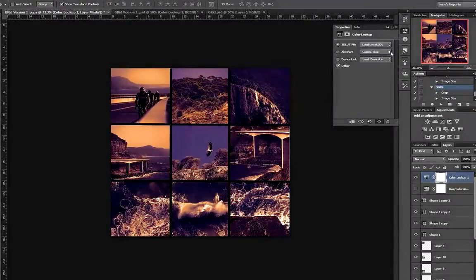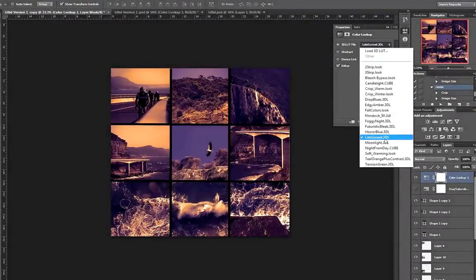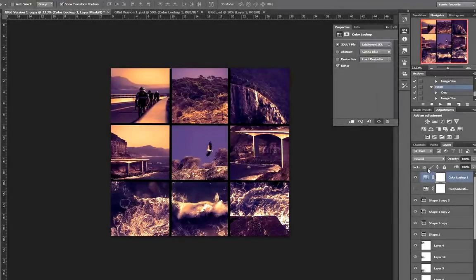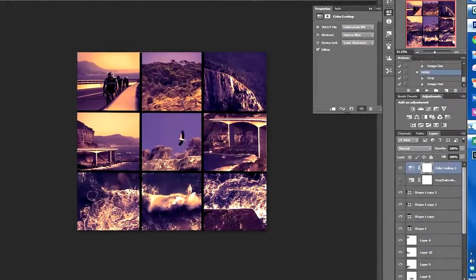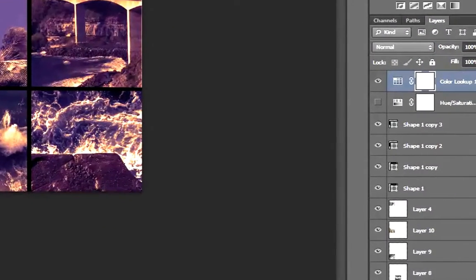The one that I finally have chosen is Late Sunset, and now what you can do is flatten your entire image, save it as a PSD for sure, so that